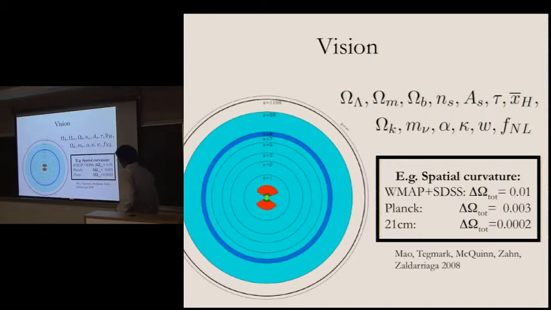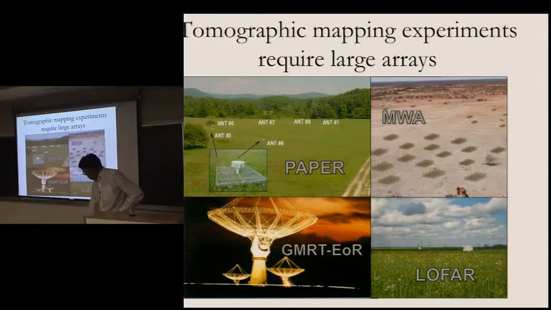Now, that's kind of expensive though. Okay. So to make these large mapping experiments to really map out in detail the full 3D distribution of hydrogen, you have big interferometer arrays typically. Okay, so for instance, you have the MWA in Western Australia. There you've got